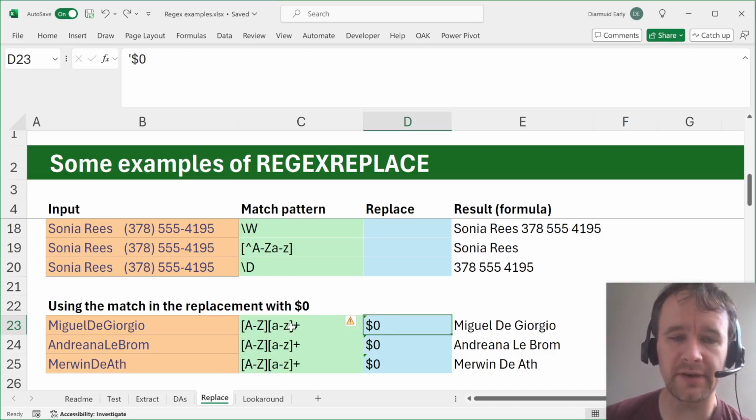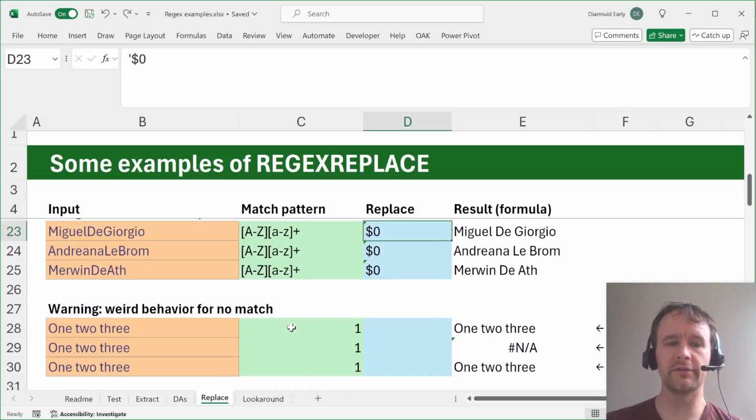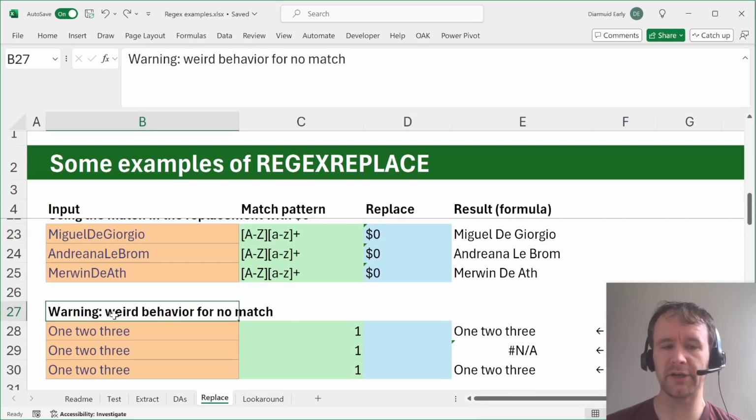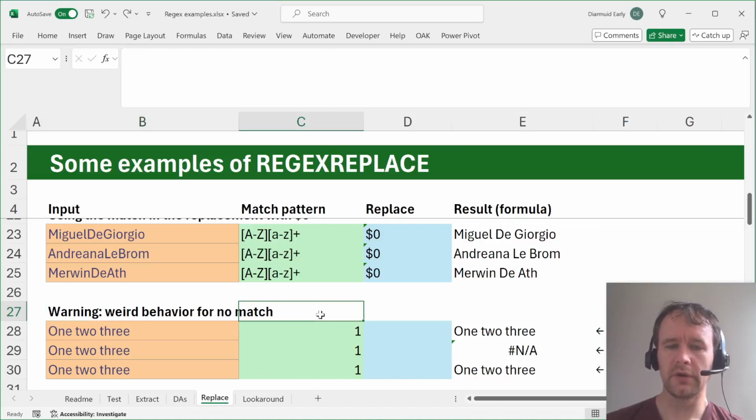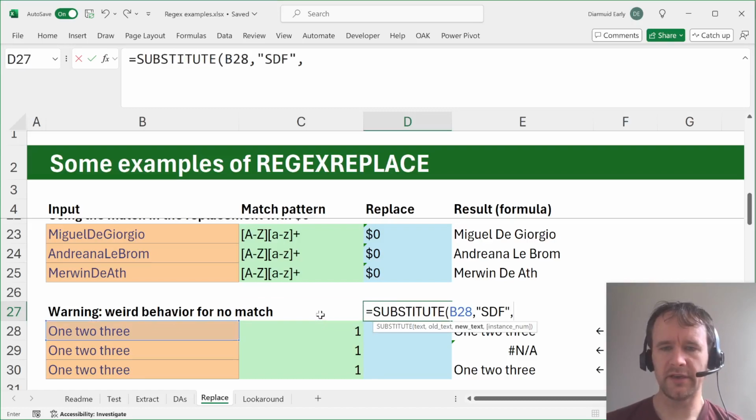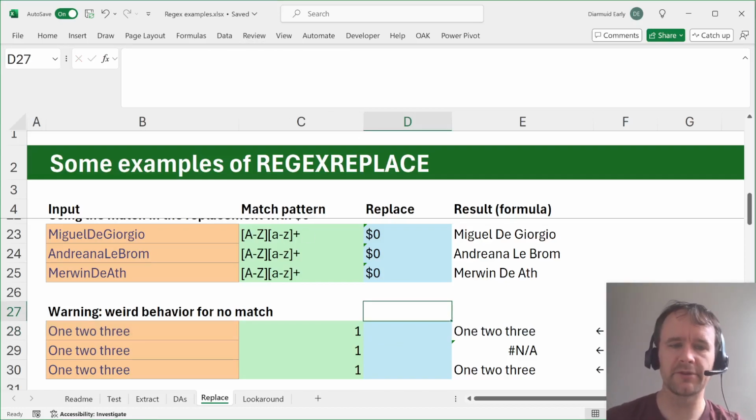So that's one thing. The next thing that's even cooler is, oh, sorry, but before we get to even cooler, there's a weird behavior for no match. So with the substitute function, if I say substitute in here, the text SDF with RTY, it says, sure, I've replaced all instances of SDF with RTY. There were none, it doesn't matter. For some reason, and